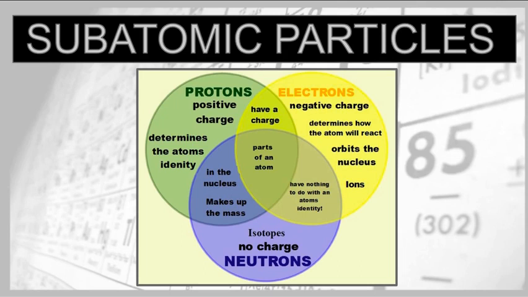So on your document, you have the outline of the Venn diagram there. It's not in color because it just didn't work as well, so it's transparent, which is fine. But what you can do is go through and start to fill in the things that belong just to protons, those that belong just to electrons, and those that belong just to neutrons,